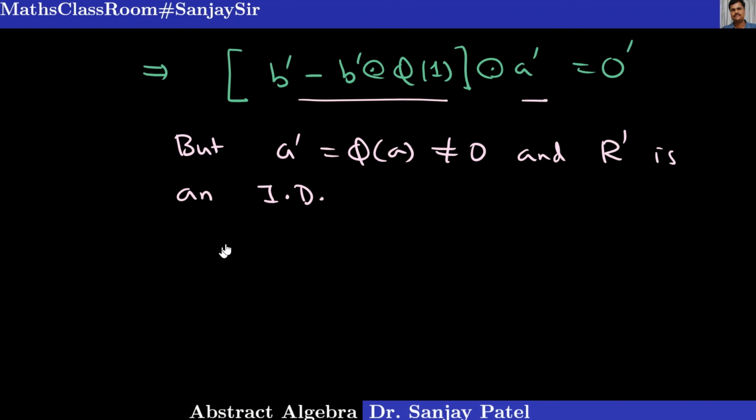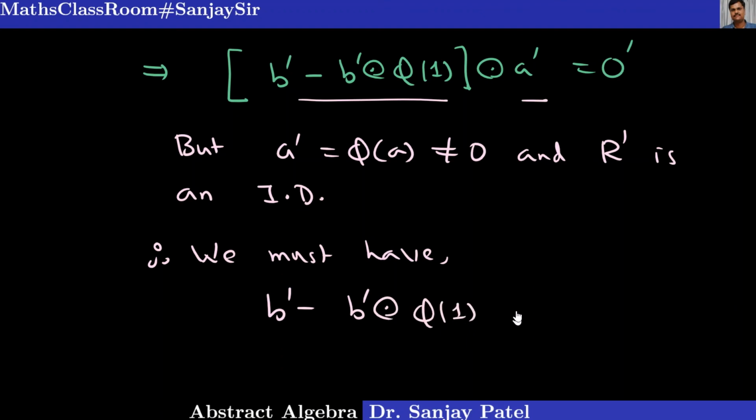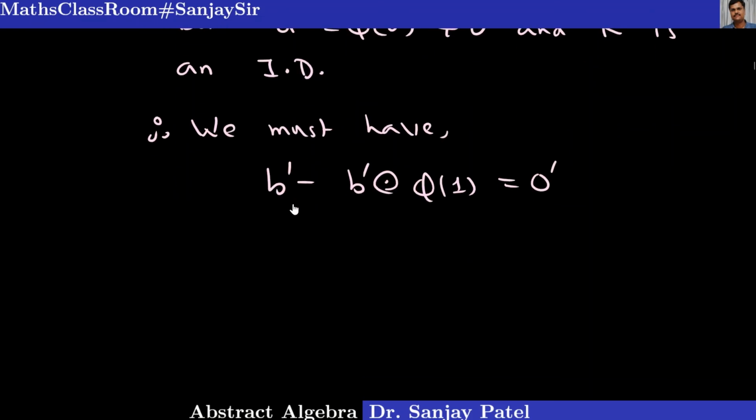So the integral domain has no zero divisors. So therefore we must have the bracket value, that is b' minus b' dot circle phi of 1, this must be 0'. Okay, because something into something is 0, and if one of the elements is not 0, then the other element has to be 0, and this gives us